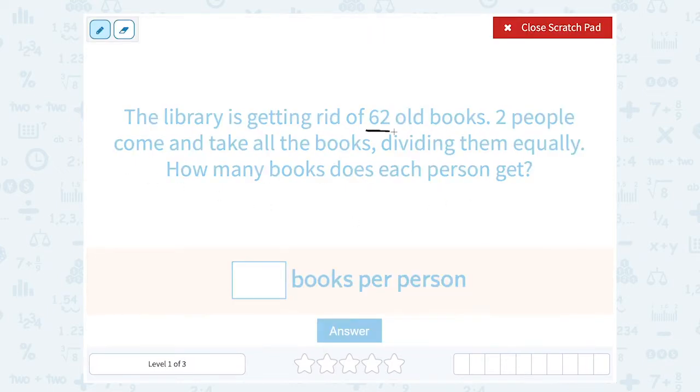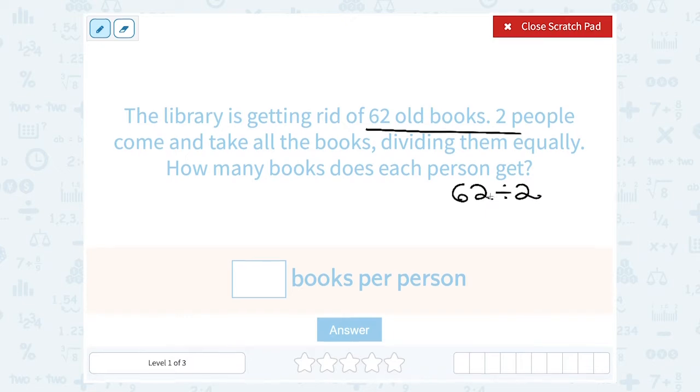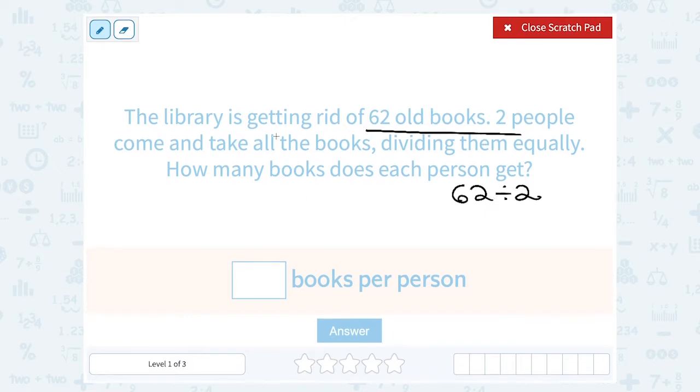Okay, if we have 62 books divided by two people, we would think of that as 62 divided by 2. Since we're just dividing by 2, you can think of that as half, right? You might know off the top of your head, or be able to simply say, what's half of 62? If you can, go ahead and fill it in. If you need to think about that one a little bit, what you can do is write it this way,